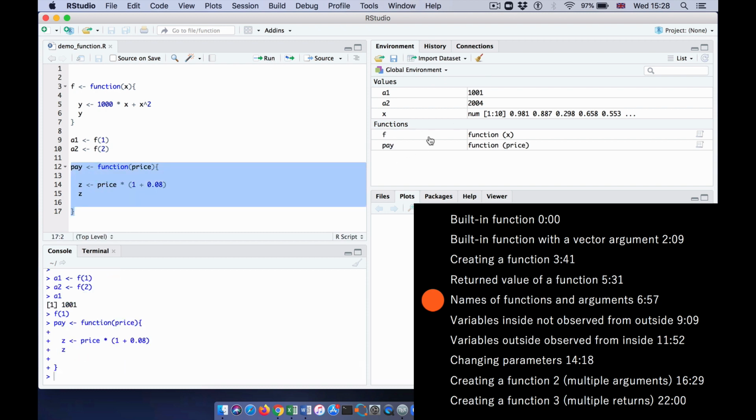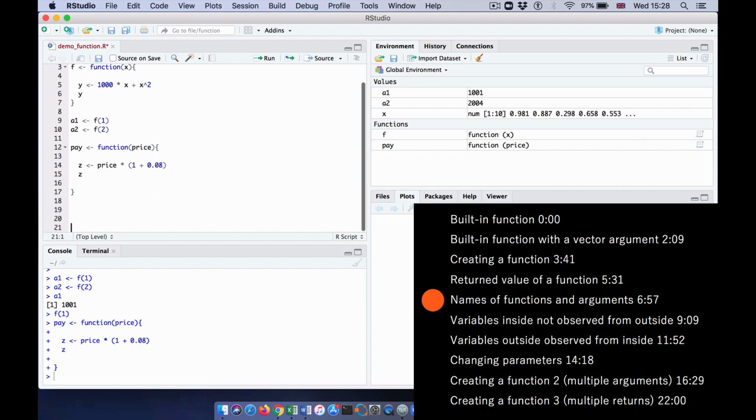The pay function has been defined, and I can use it, right? Let's say the before tax price is 1,000. Then after tax, how much is to be paid? Run it. 1,080 yen. So if the before tax price is 1,000 yen, after adding 8% tax, the amount to be